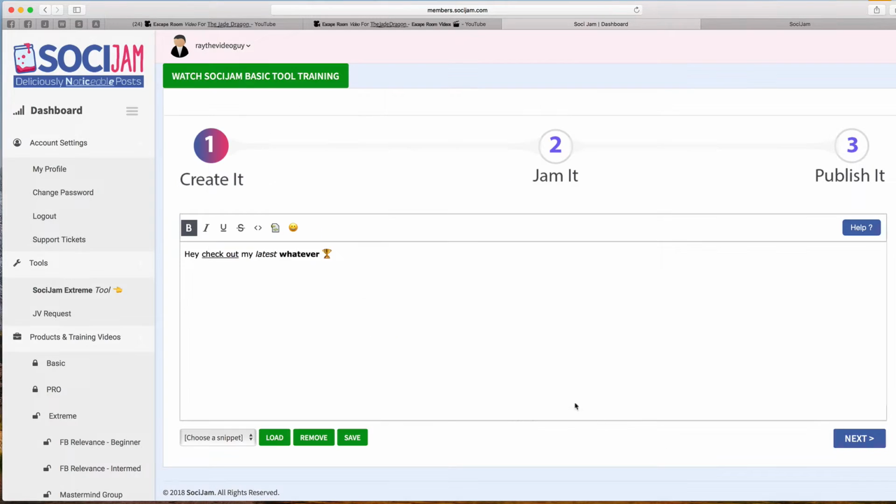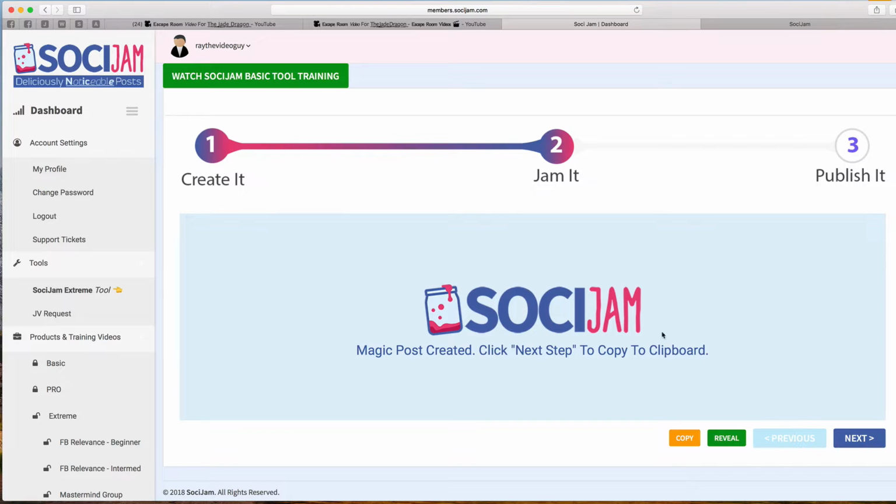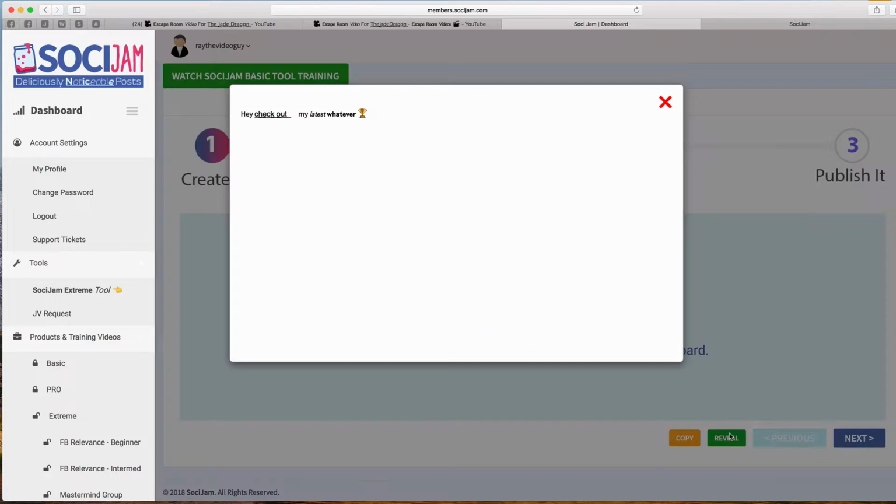And you can put multiples of these in here. Check out my latest whatever with a trophy after it. Okay, so now we're going to hit this next button here, and that's going to take us to the jam area. This may look a little bit different depending upon which version you have. For some, if you've upgraded, you'll get the reveal button here. For others, it'll just be the next button. But the reveal button just gives us a look at what it looks like here,